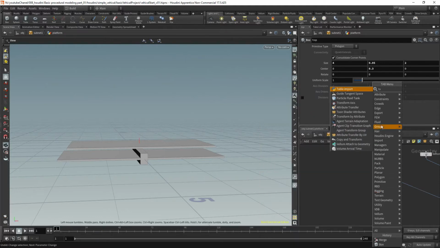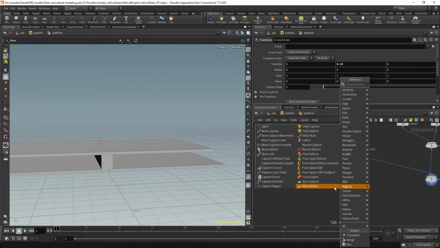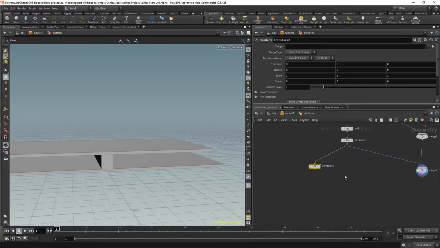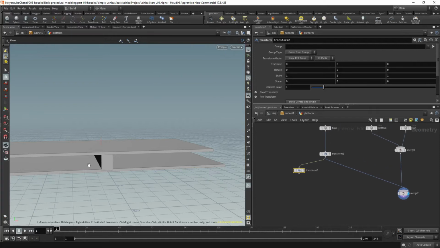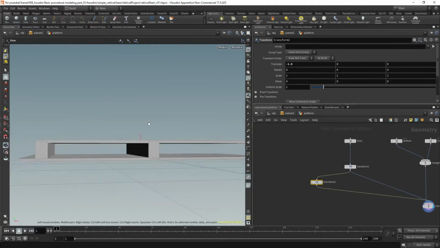Create a transform node. Now we're going to connect this here, delete this connection and move it up 0.1. We'll create another transform. And also, this is a nice thing about Houdini. So we have one box. We're going to create 5 supports from this one box. Whenever you break this branch and connect it back to a merge node, see, now we have 2 boxes